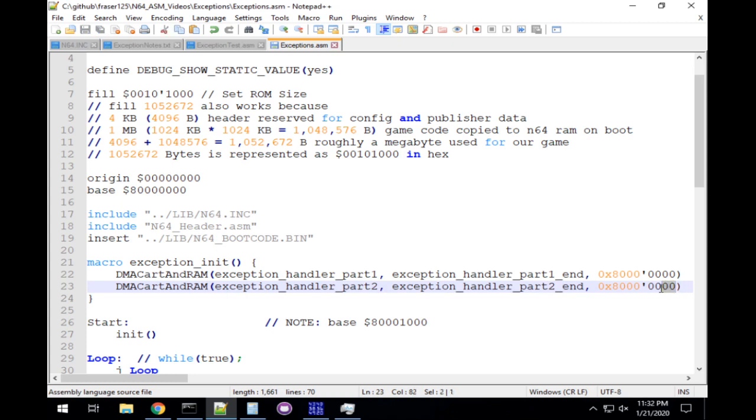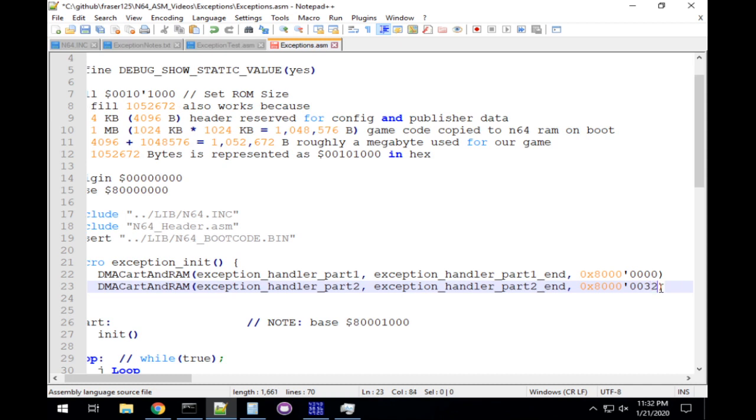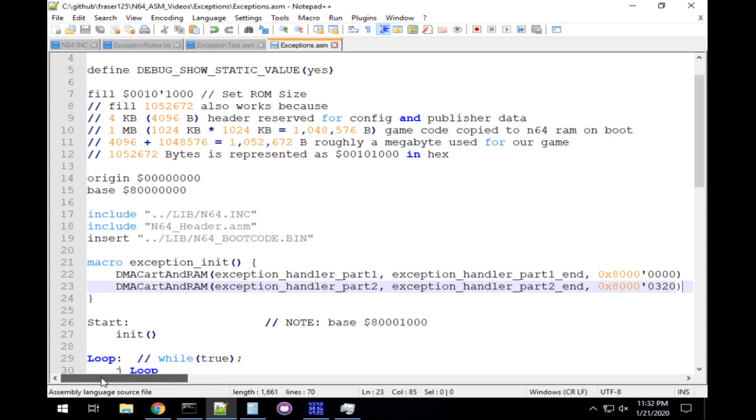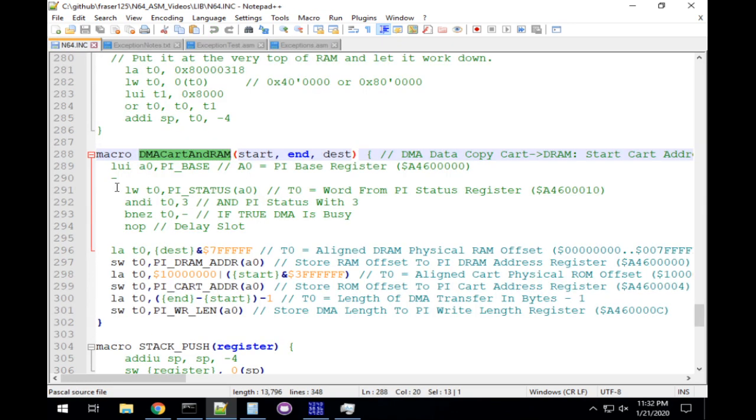Oops, and then this one is 320. There we go. Now, one of the problems that we have here is... Oh, actually, no, we're okay. So what I was going to say is that